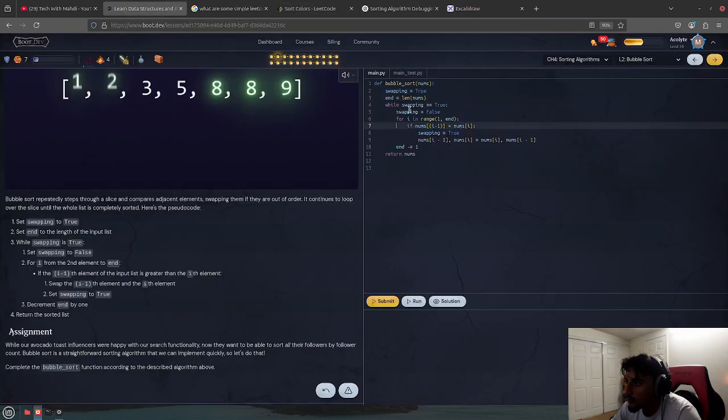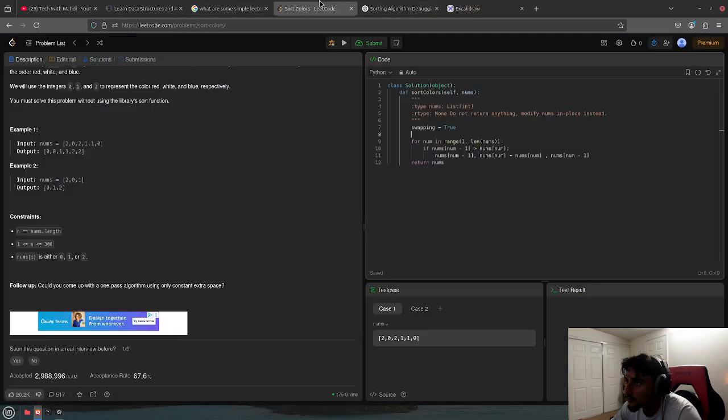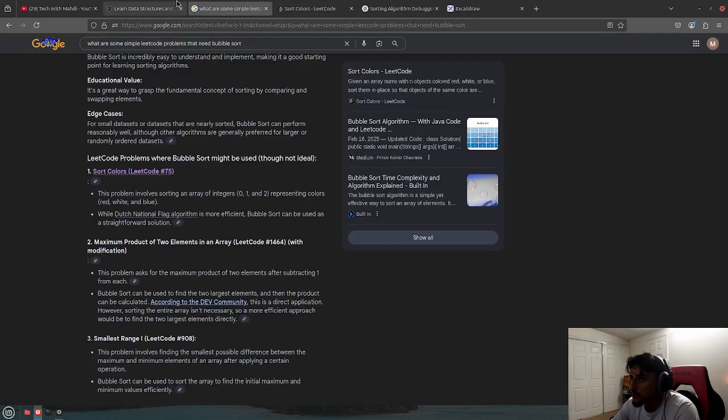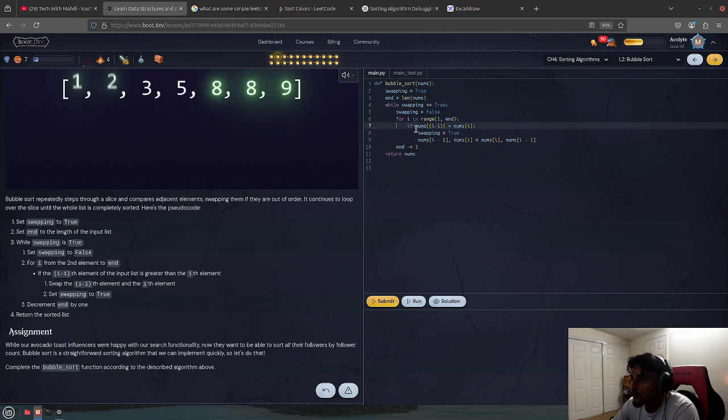While swapping is equal to true. Then swapping is equal to swap if